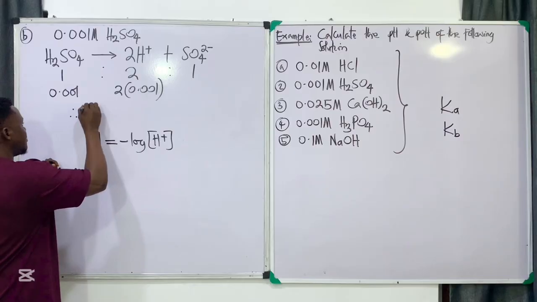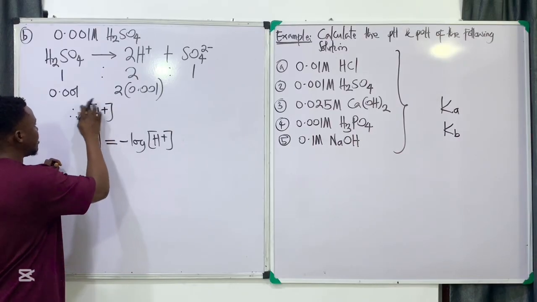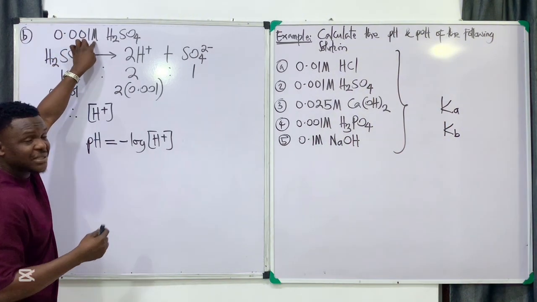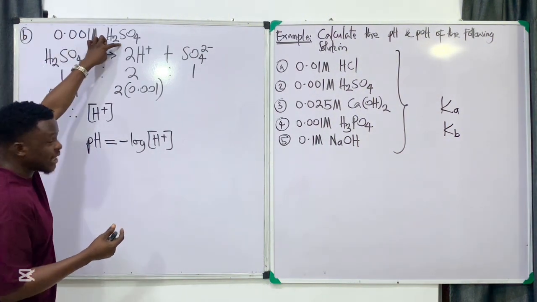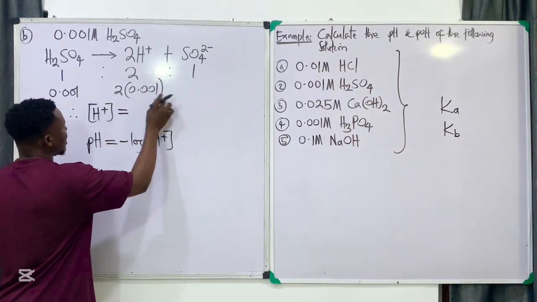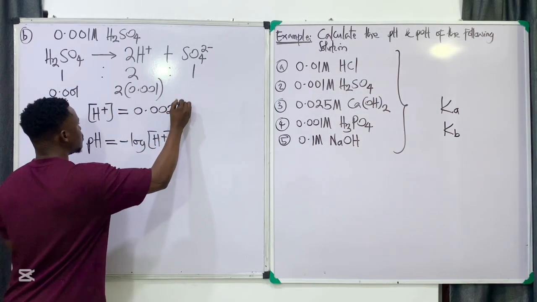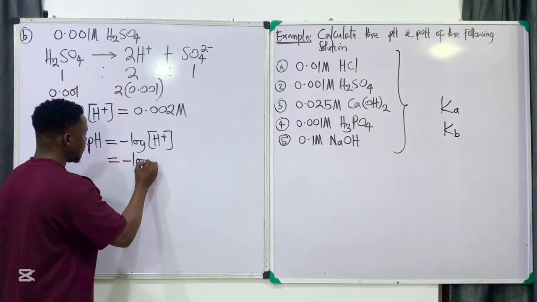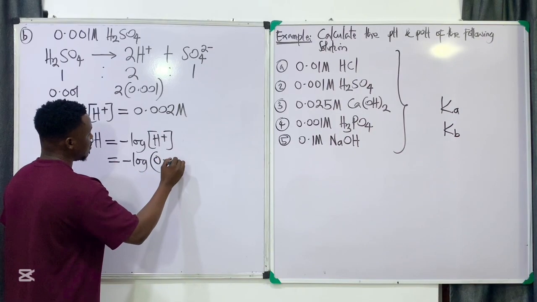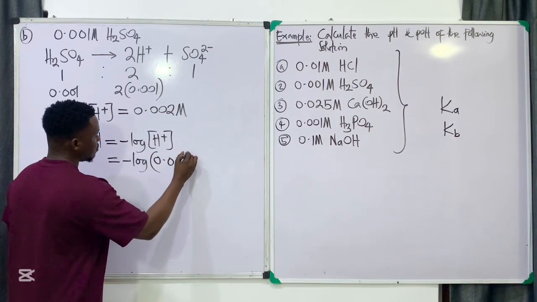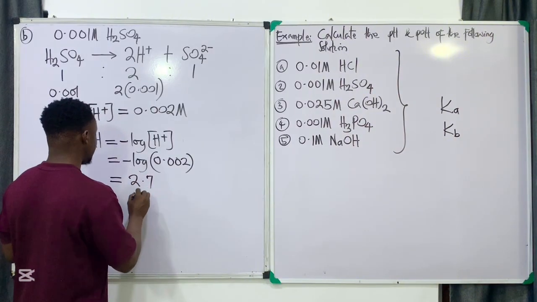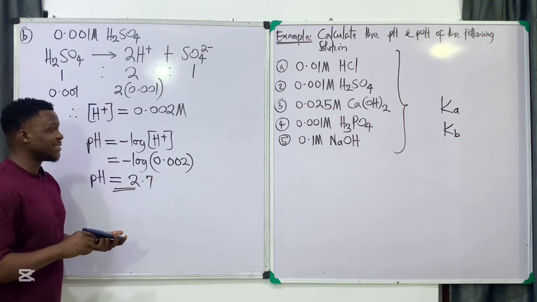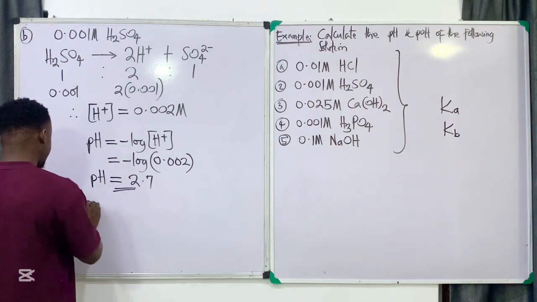All right. So based on this, H plus concentration, remember this square bracket stands for concentration, which is denoted by this M, molarity. This capital letter M stands for molar, which tells that this is the concentration of this guy. So this becomes 2 times 0.001, which is 0.002 molar. So insert this into your formula, we have negative log of 0.002, which is 2.7 approximately. All right. So we now have pH